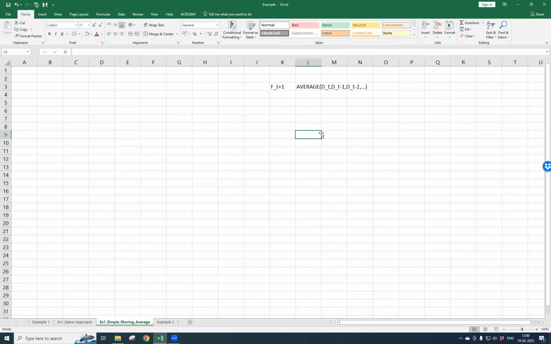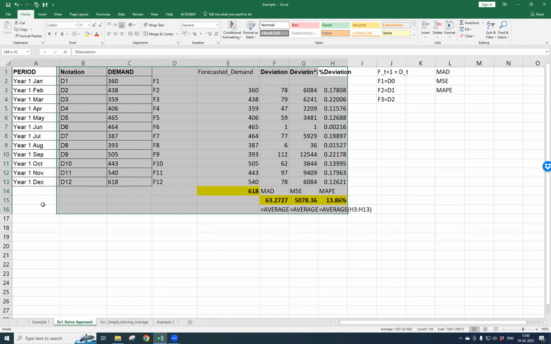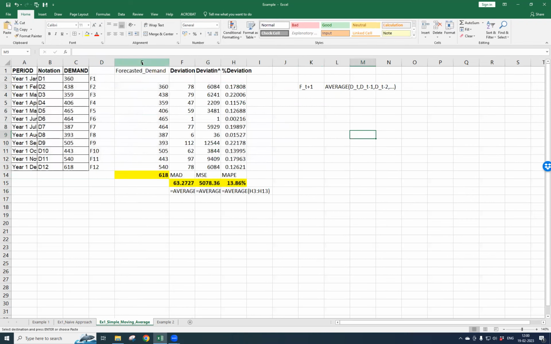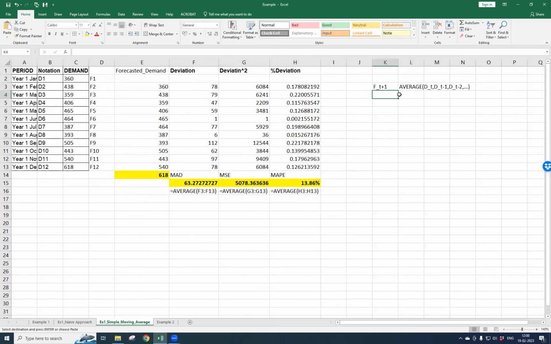Now, sometimes in the quiz, you might be asked to only use, let's say, past 3 values, past 4 values. So please make sure that you note how many values are being asked to be calculated. Now, using the data, we will also see how that can be calculated, right? I'm copying and pasting this entire thing into the next one, that is simple moving average. Let's see how this turns out when we use the simple moving average. Now we said that F t plus 1 is the average of the last 3, right? So I can say, for example,